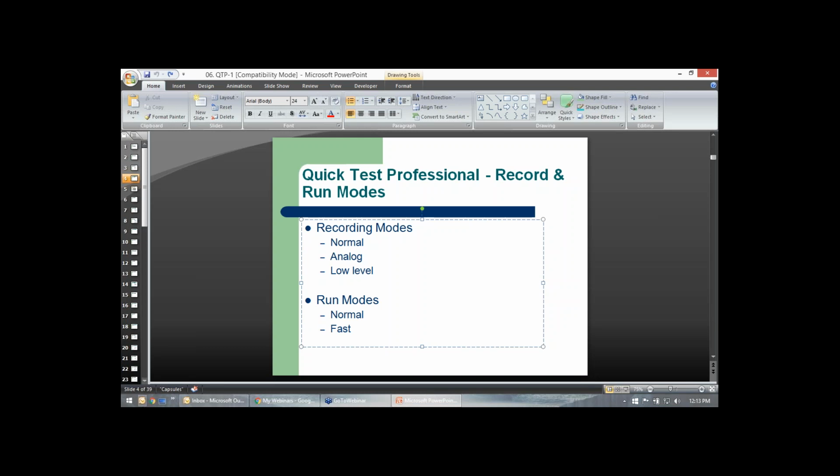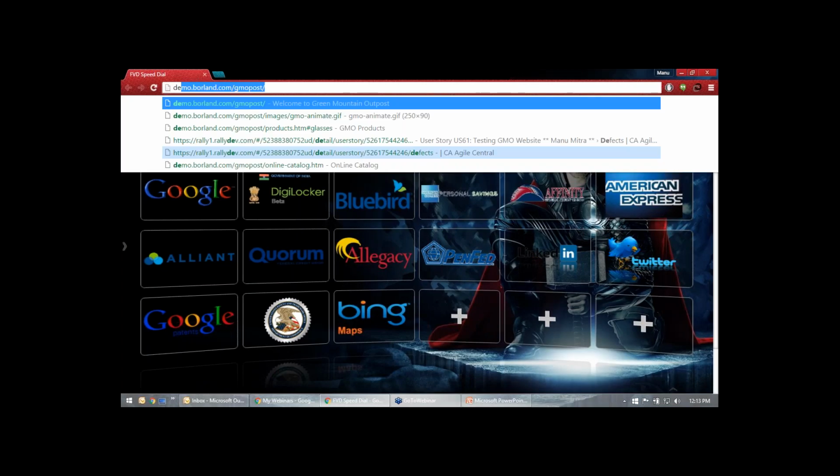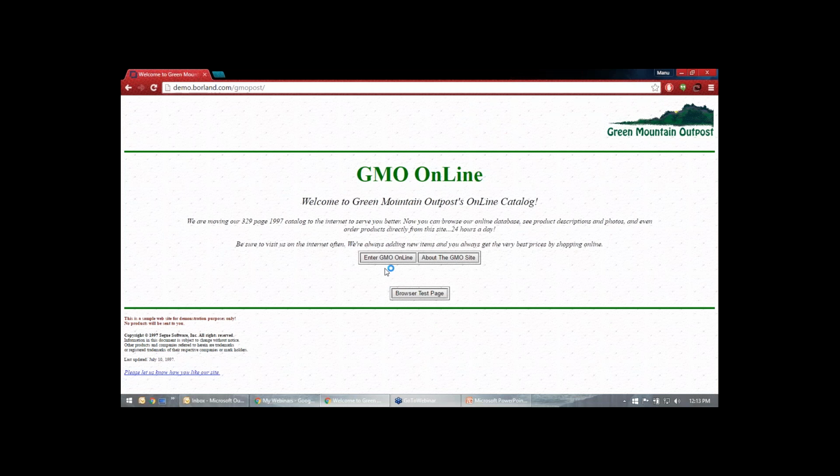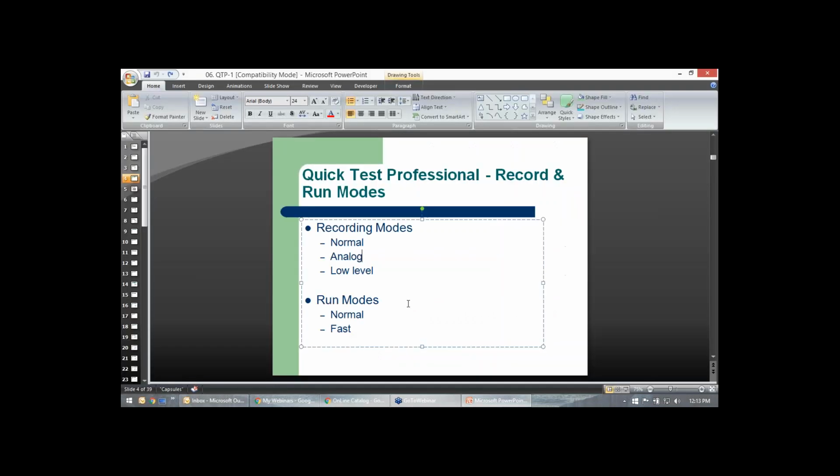Let's take an example. These buttons, like enter GM online, and URLs, and this checkbox, are all normal recordings.